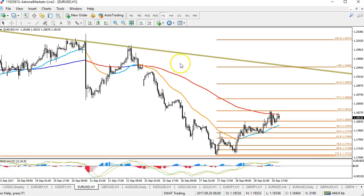And if we look at the hourly chart, right, it looks to me like 5 waves has been completed, which could be a A or wave 1. Now it doesn't have to be completed, but we do see a 5-wave structure, and there's therefore the potential for a 3-wave pattern back down to test these fibs. So what I think could be interesting is, first of all, there could be a breakout to the downside, right? If it breaks below the support,